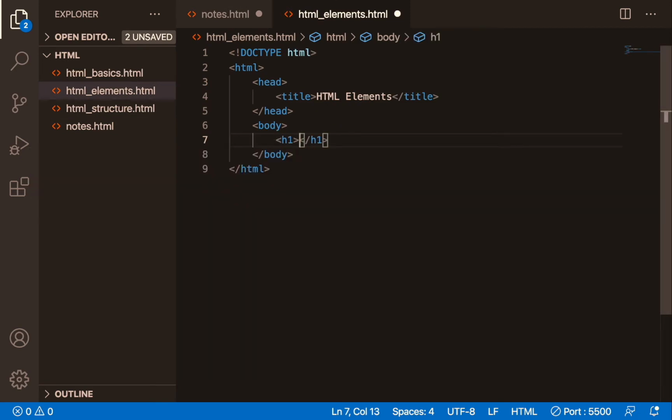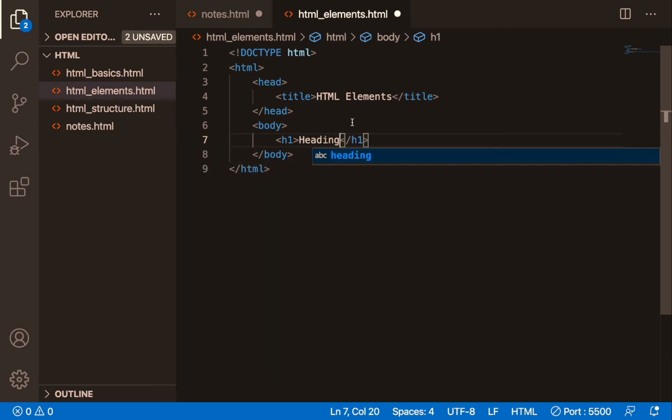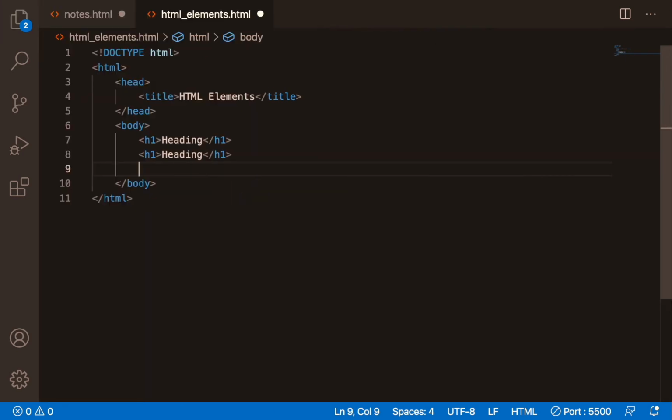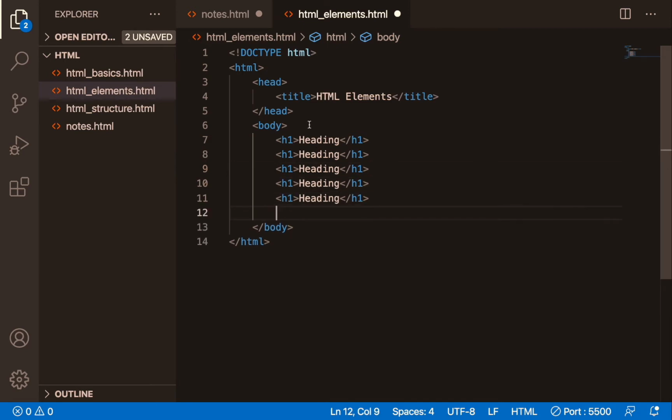H1, this is heading. So I'm just copy pasting. Now let's make it H2, H2, H3, H3.